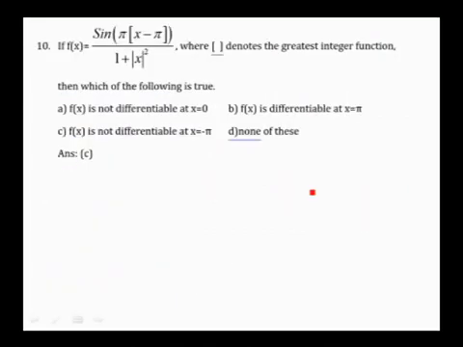10th question: f(x) is sin(π cos π [x − π]) over 1 plus mod x square, where [·] denotes the greatest integer function. Then which of the following is true? f(x) is not differentiable at x equals 0, differentiable at x equals π, not differentiable at x equals π, none of these. So if you consider this function,